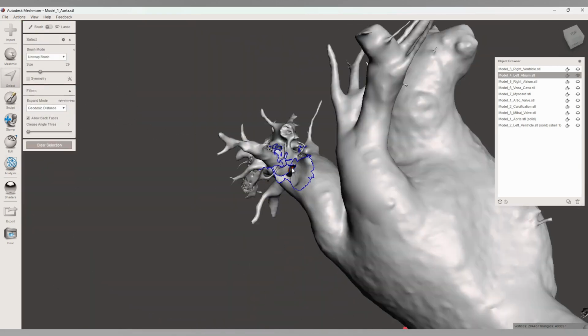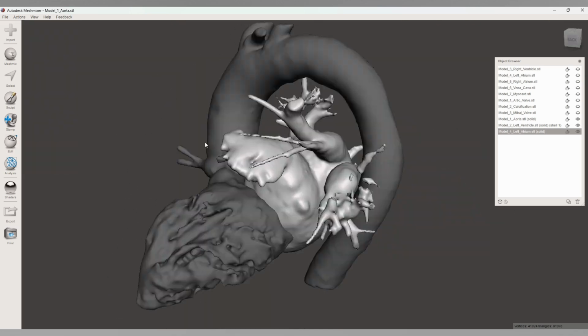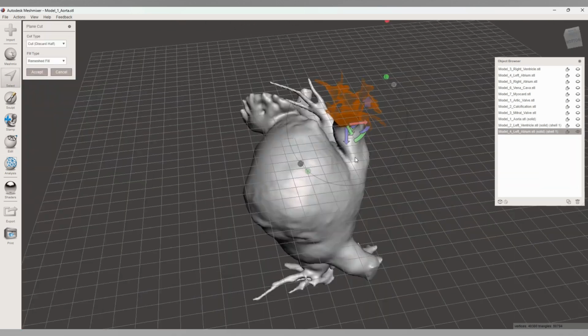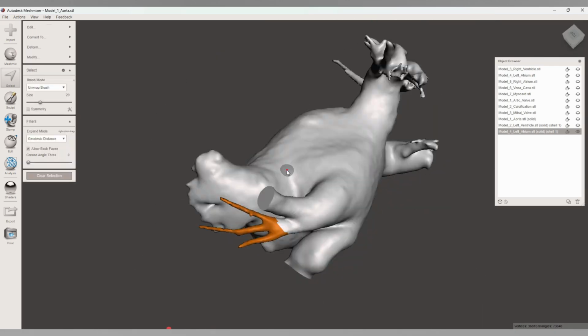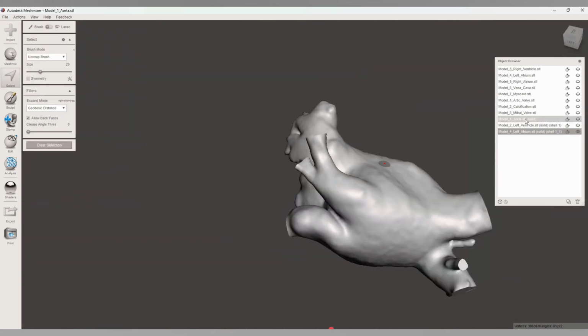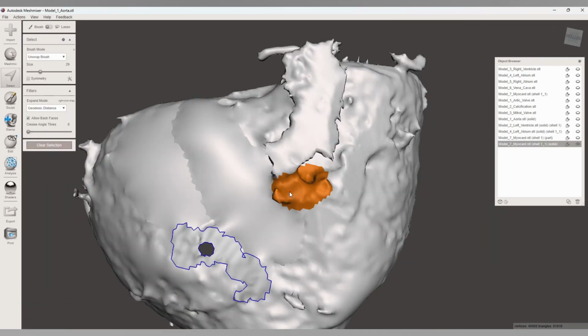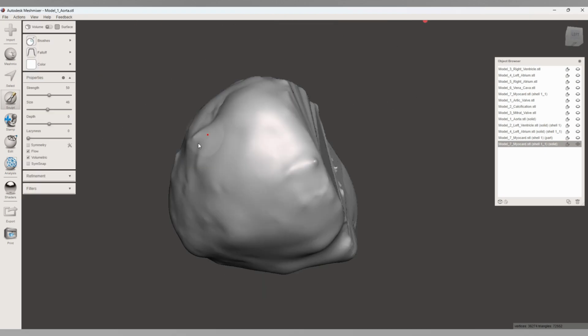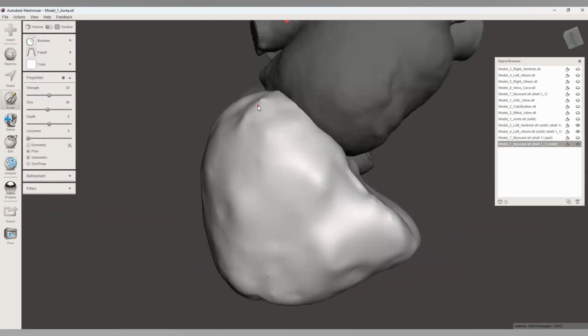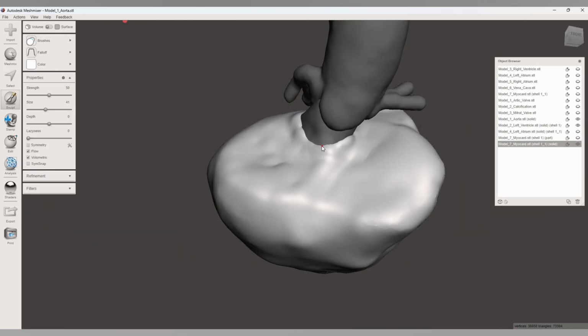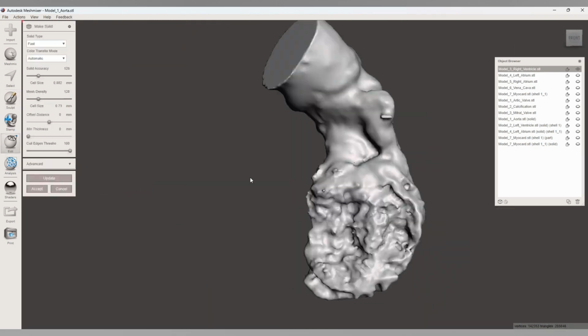These errors can compromise the quality of the printed model and must be addressed carefully. We also focus on refining the surface of the model. Using the smoothing and cleaning tools in Mesh Mixer, we enhance the surface to mimic the appearance of heart tissue. This step not only improves the model's aesthetic, but also ensures that it accurately represents the anatomical structures for surgical